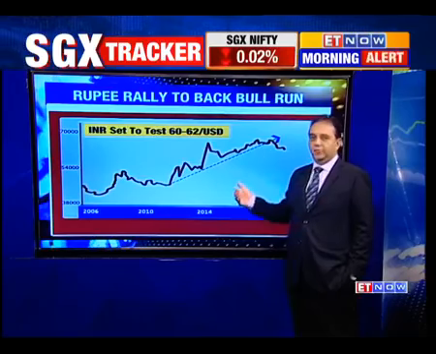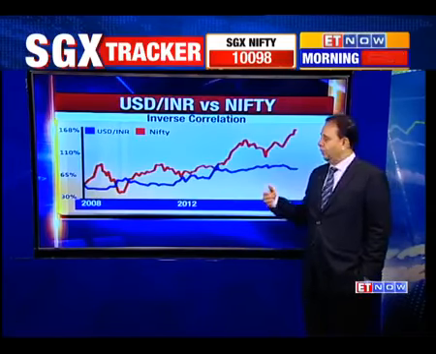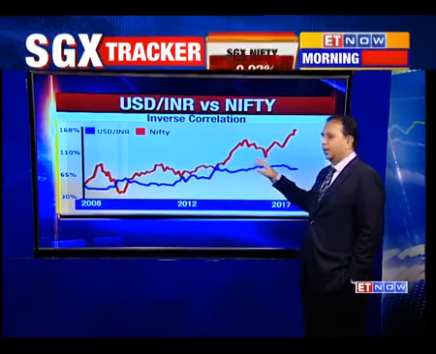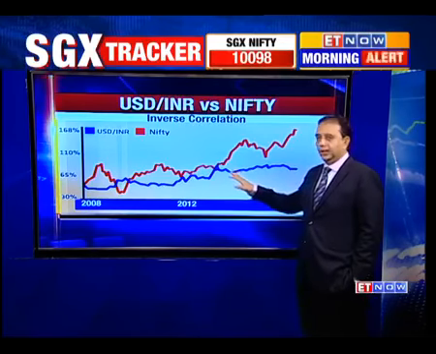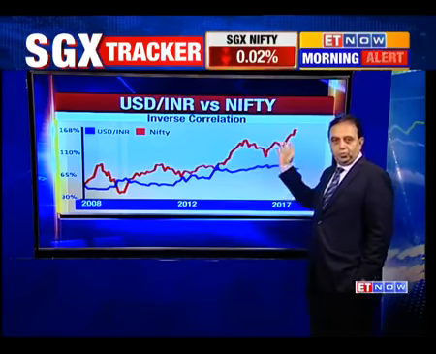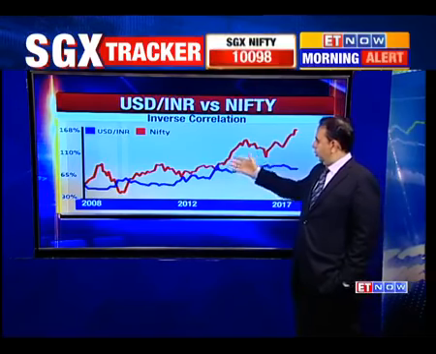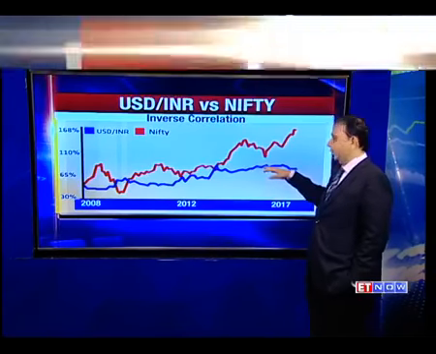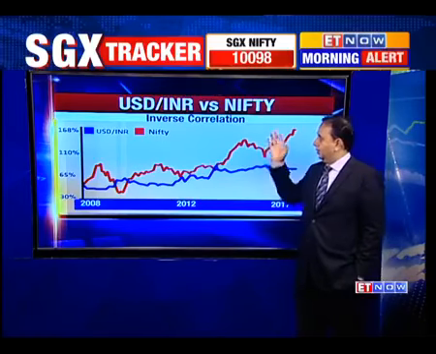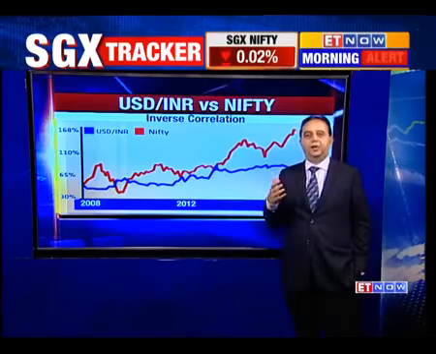Now, what is significant about this is the correlation that it has with the Nifty as a whole. So the second chart I have for you is a correlation chart between the USDINR movement and the Nifty movement, and we can see clearly that there is an inverse correlation between the two, so that every time the dollar were to take a dive, you would have a movement in the Nifty. So whenever the INR becomes stronger, the Nifty actually becomes stronger, and this is the inverse correlation we are going to study and make a forecast on.